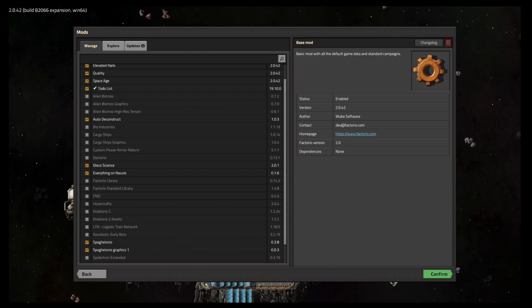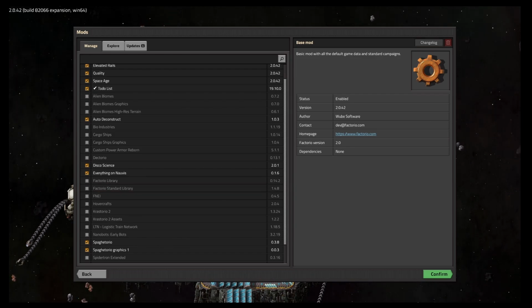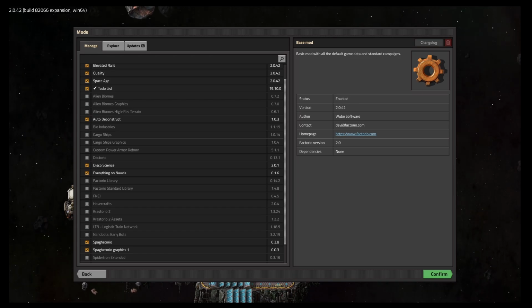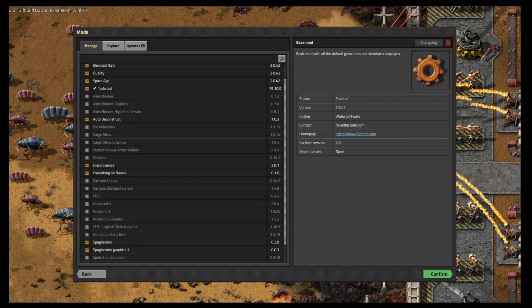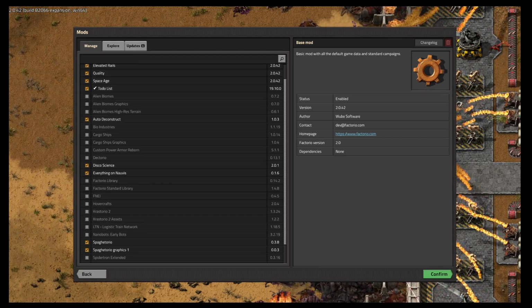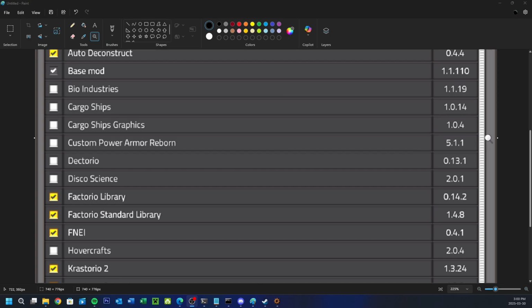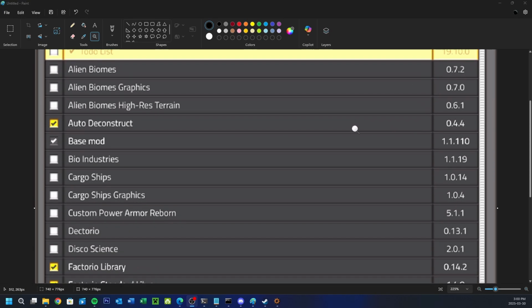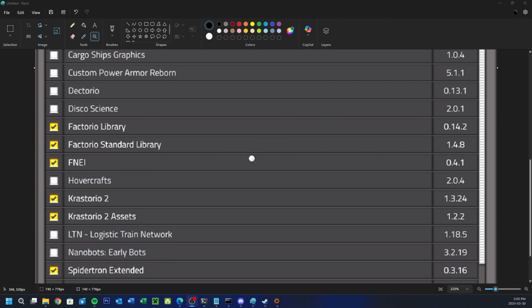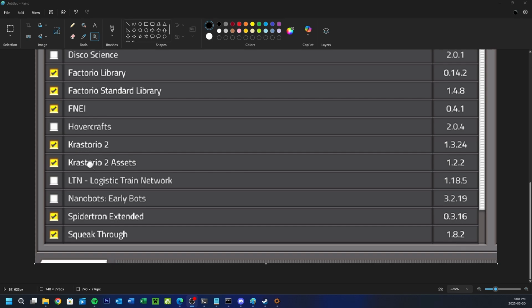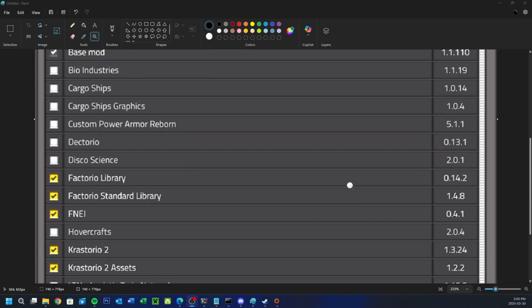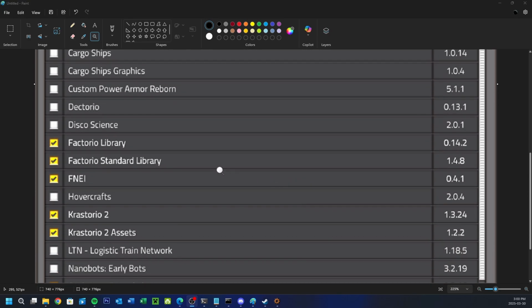And I took a screenshot of the mods that I was using for this, and this is what they look like here. So this is the list of mods that I was playing with that somebody had asked me about. The ones that you would need are going to be the Factorio standard library and Factorio library, Krastorio 2, and Krastorio 2 assets. So Krastorio 2 and Krastorio 2 assets are the ones that you had downloaded, as well as the flib, which is